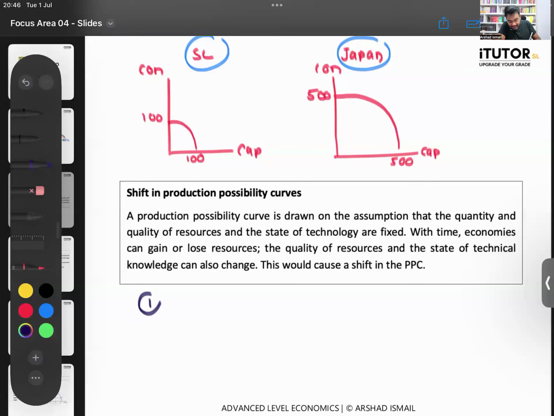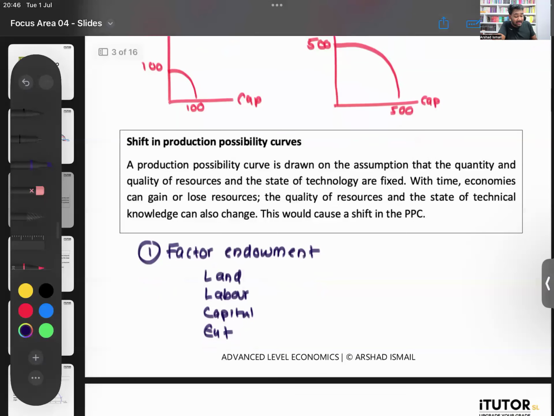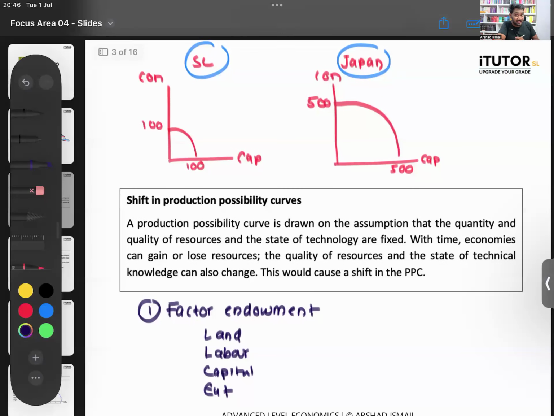One main determinant is the factor endowment, how much of resources you have. So maybe Japan's PPC is bigger because Japan has more land than us. Maybe they have more labor than us. Maybe they have a lot of machines, more capital than us. Maybe they have more entrepreneurship, more entrepreneurs than Sri Lanka. That is why their PPC is bigger. They have more factors. Factor endowment means how much of factors you have. So if a country has a lot of land, labor, capital, entrepreneurship, their PPC will be